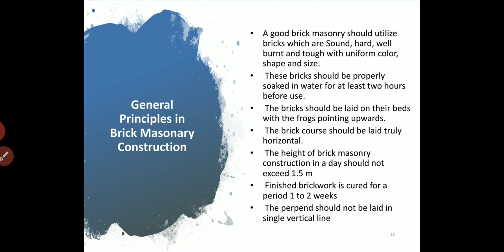After that, brickwork construction should be started from its end or the corner, and it should be carried out perfectly in line, means it should be horizontal or in a proper line. The brickwork should be perfectly level. So we can use the help of a plumb bob. With the help of a plumb bob or the spirit level, we can adjust or level that brickwork or that brick wall.